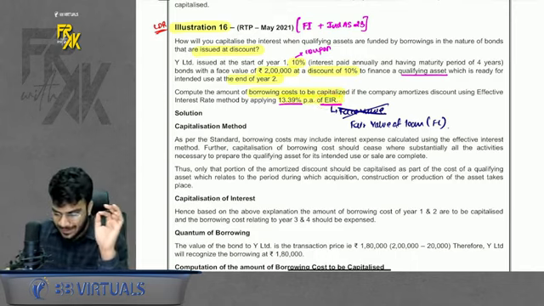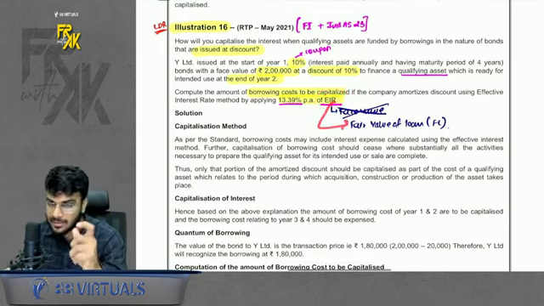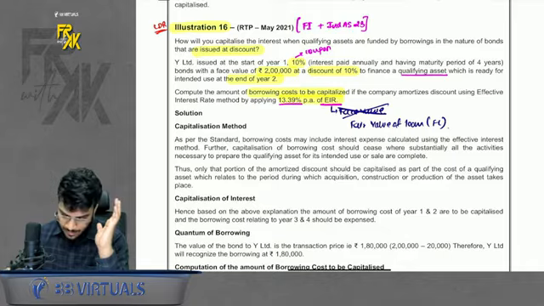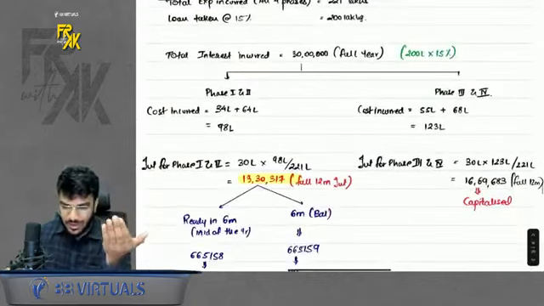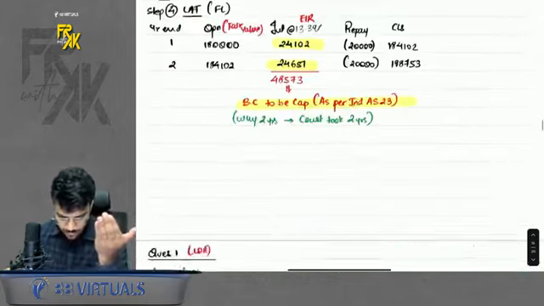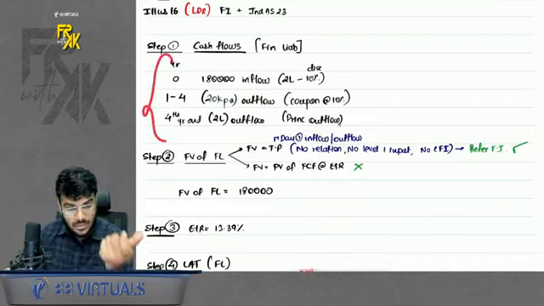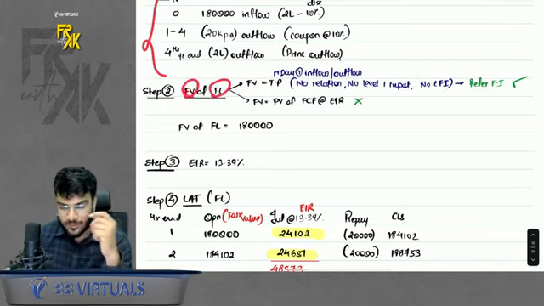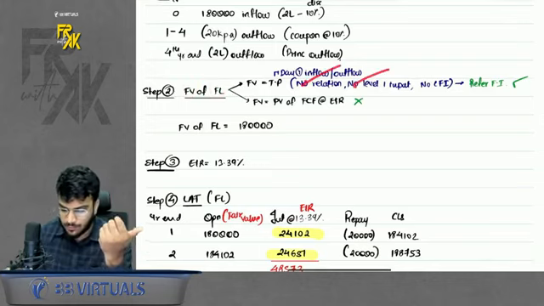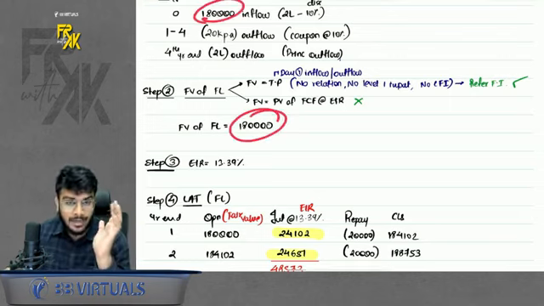The issue is EIR is not applied on face value. It is applied on fair value. You will understand this if you have studied financial instruments, right? So first you will have to compute the fair value as per the financial instruments chapter. So I will show it. This is how it is done. So here it is. As per our approach, we find the cash flows first and then we find the fair value of FL. Because there is no relationship, no CFI, no level of input, you can directly assume the fair value to be day one's transaction price of 1 lakh 80 rupees.